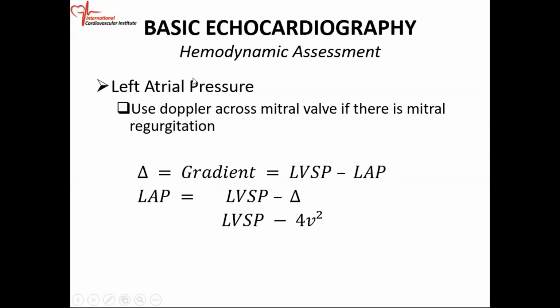So if you rearrange your equation, you can get left atrial pressure, and your left atrial pressure is equal to the LV systolic pressure minus the gradient, which is equal to LV systolic pressure minus 4V squared. Of course, V is the velocity of the MR. But